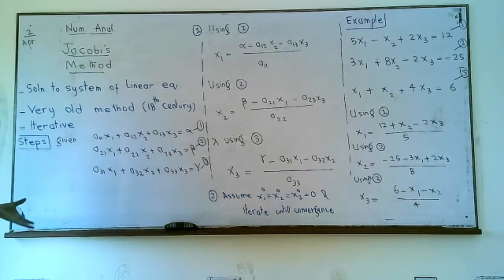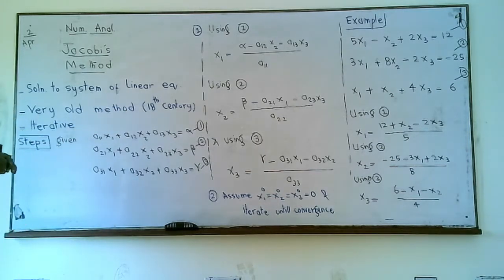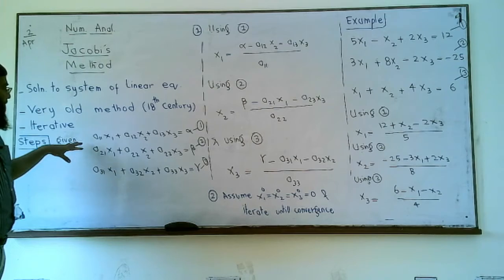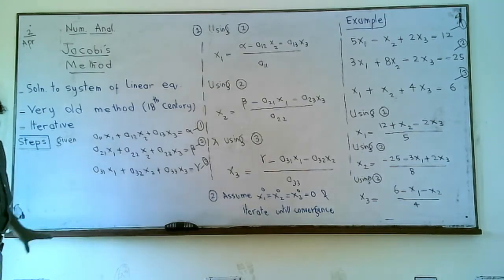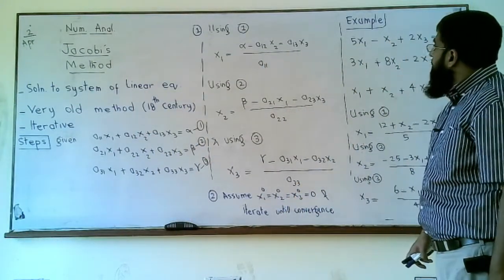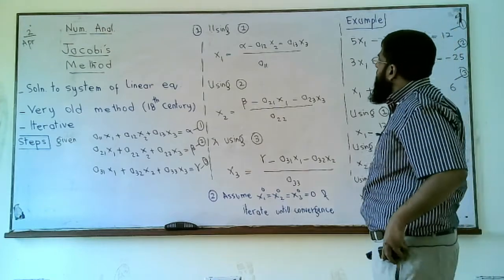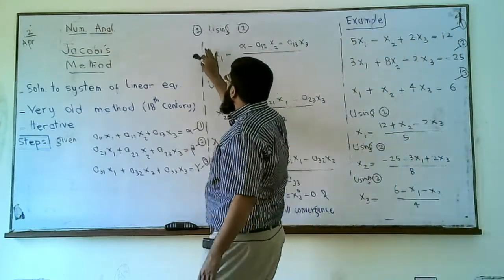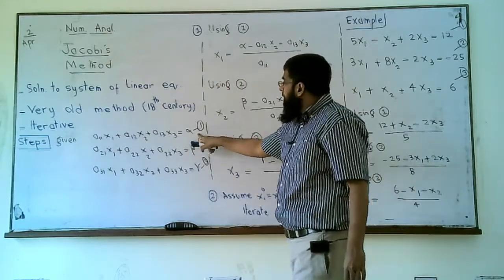And there are only two steps, and it's a very simple method and a very old method proposed in the 18th century, right? So given this system of linear equations, for example, this having three variables, but it can be more than three, can be 4, 5 or 6, right? So the method is that in step number 1 we take the first equation, equation number 1, and